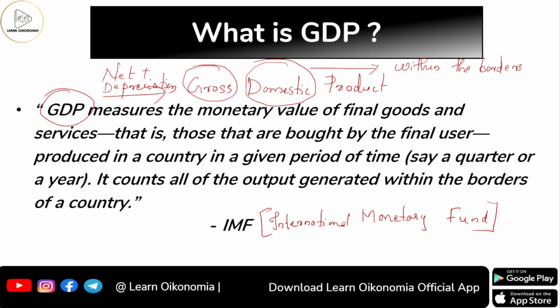So again, we go for the final goods and services. The monetary value of final goods and services. So the money value of final goods means we are not considering the intermediate products here. We are not looking on to the products that will be entering into the next stage of production. So that is not taken. Instead, those goods which are used for the final consumption, that is being taken here. So that is called the final goods. Okay, the goods and services which are used for final consumption. So this is the basic idea of what is called our normal GDP.